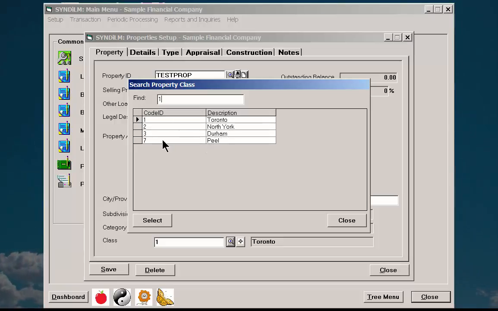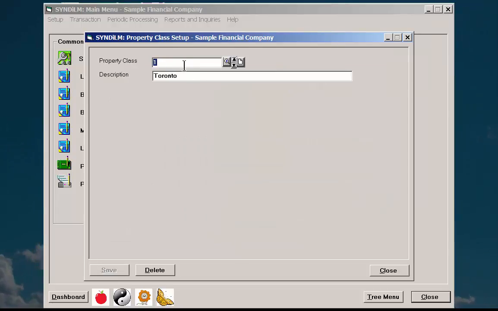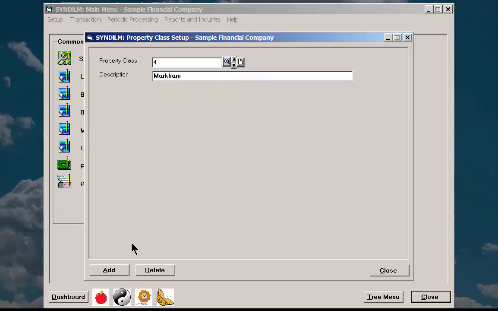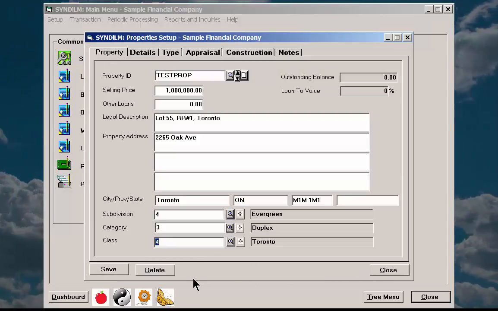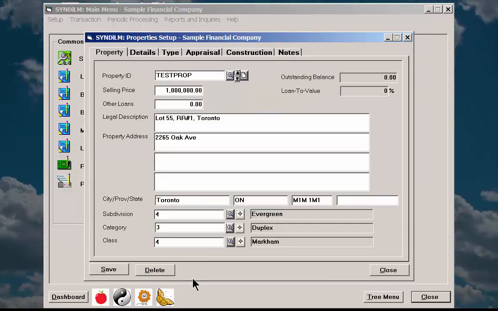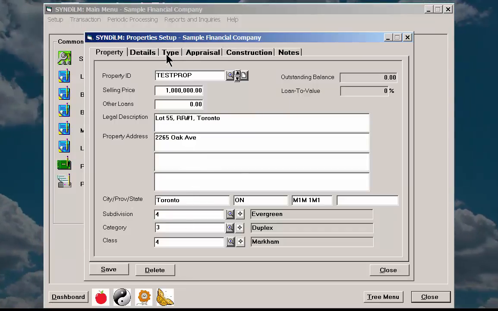If you want to set up a new class, say for example 4, what you do is that you click here on the fly, so it'll give you a class setup screen, and then you say 4, and there you could say Markham. And so we have set up a new class, and what you can do is you can change it here, so it will give you Markham. Okay, what type of property is it? Let's go there,